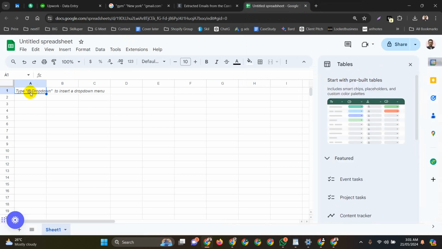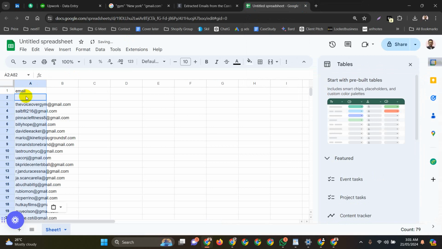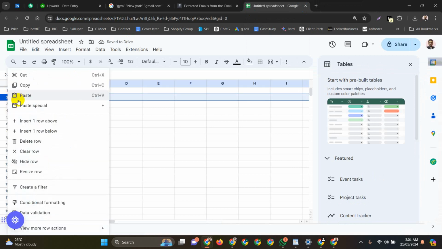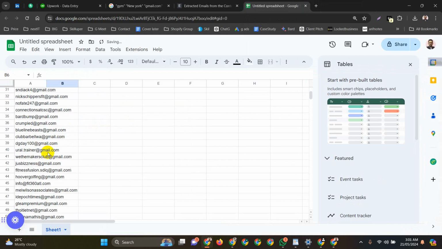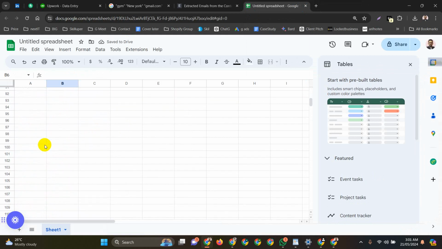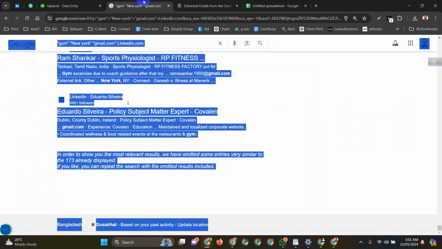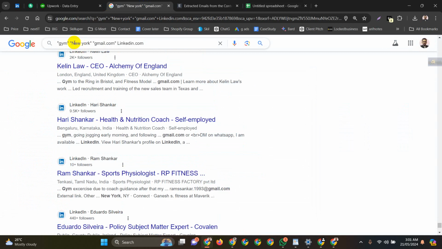So this email and paste, and this row is blank, so we'll delete it. Okay, now we can see here is all the email, and if we want to do another location, another city,